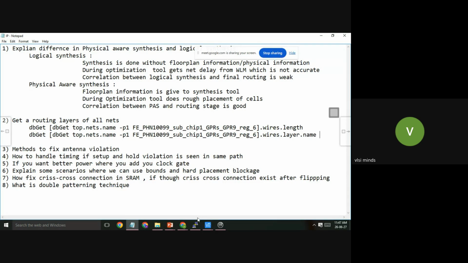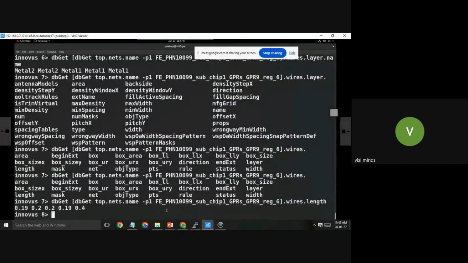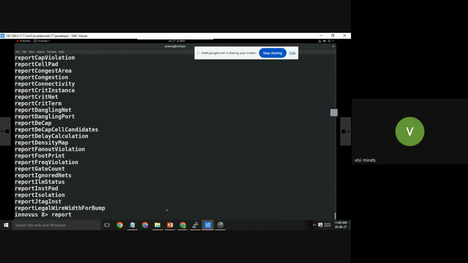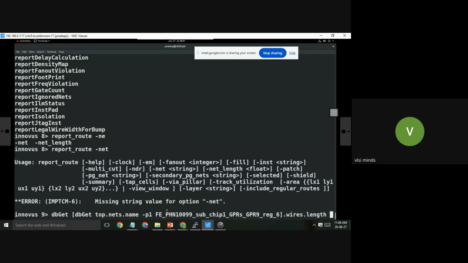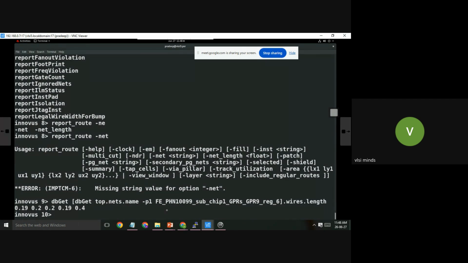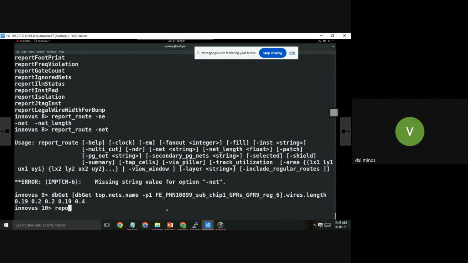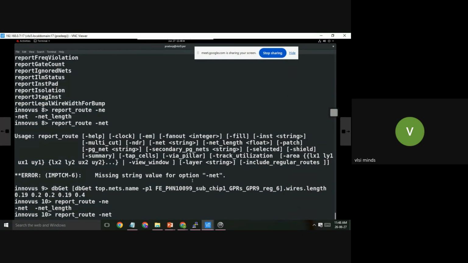Or you can use one more command. Instead of the dbget command, you have one more command called report route minus net. This will give you all the split up properly. So you have a command called report route minus net, and you can give the net name.